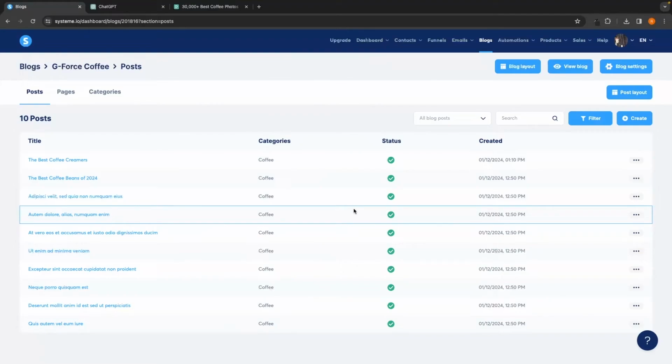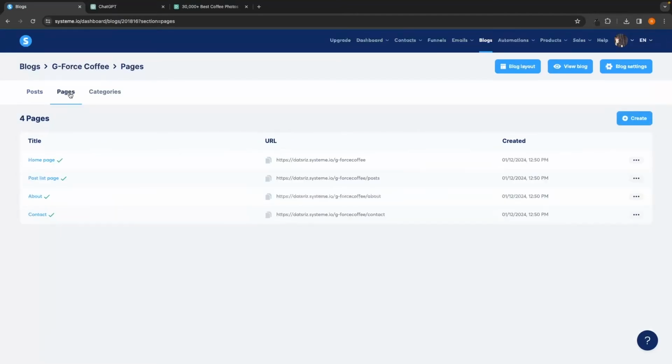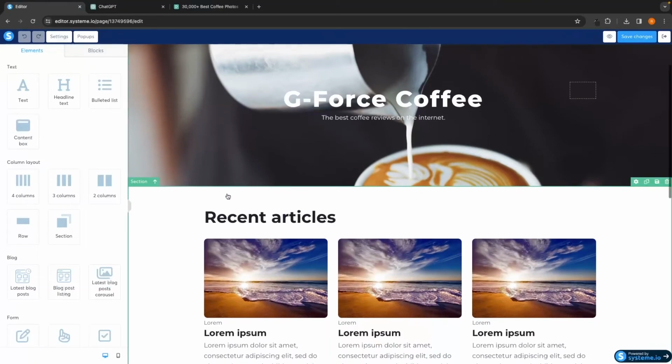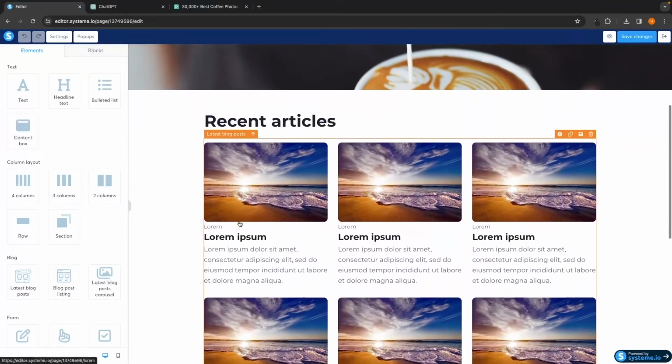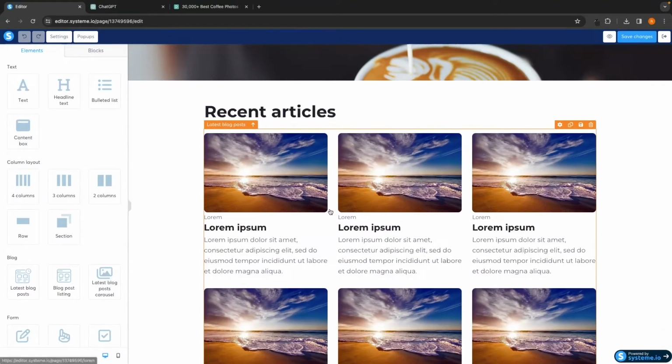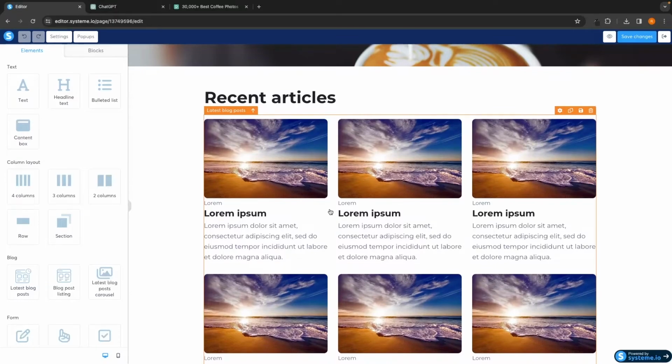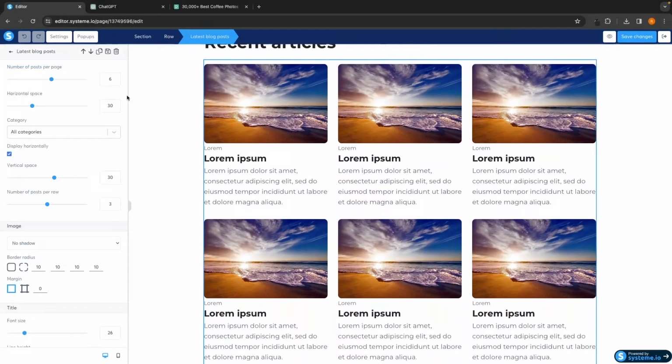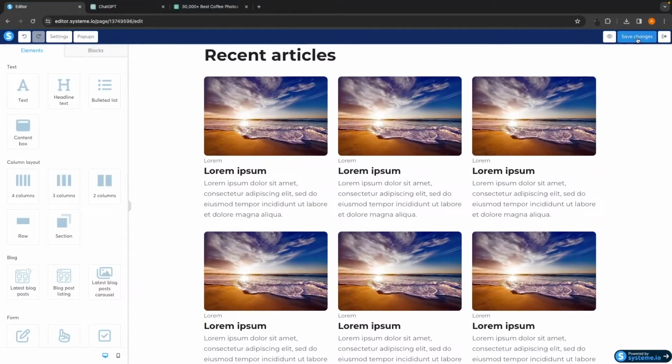So once you have all of your blog posts in different categories, what we can then do is go over to pages right here, click into the home page, and then as you can see in recent articles, these are all still the default article. So what we can now do, now that we have everything in categories, is click into this. And then over here on the left-hand side, you can see the category. So if I just go down here and select the coffee category,